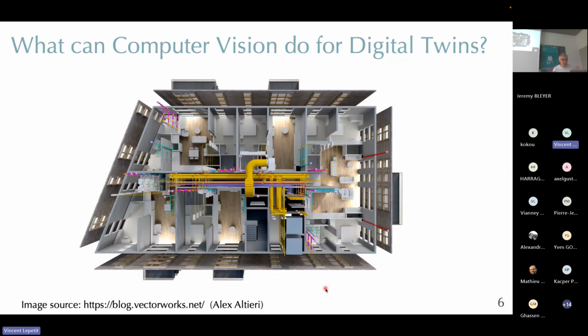Maybe we want to check if an existing building matches the BIM that was designed by the architect, but using images. So do the images match the BIM representation? Maybe we want to update a digital twin, our BIM representation of a building, when the building changes. So maybe we are talking not about a building, but a construction site, which is always changing. So can we use computer vision to update a digital twin of the construction site